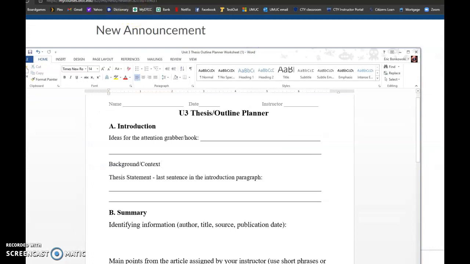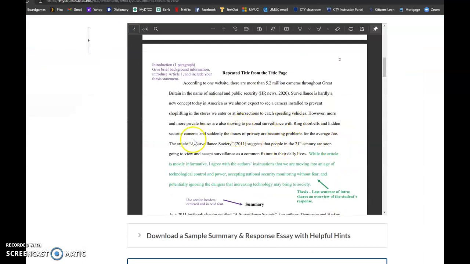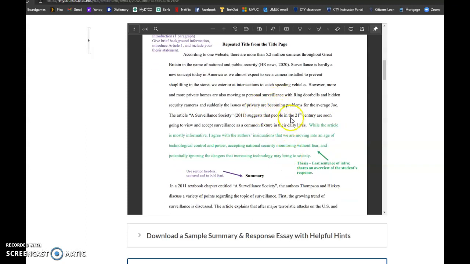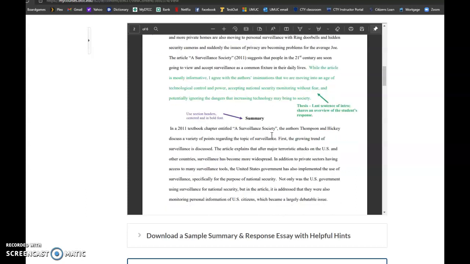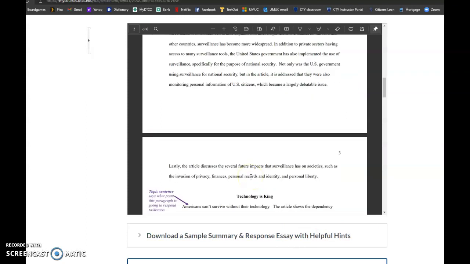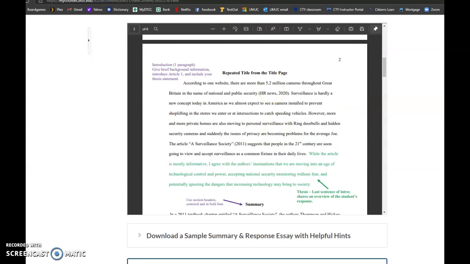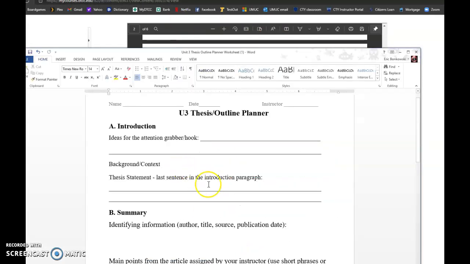So you can kind of see in that summary paper that here, the article, A Surveillance Society, suggests that people in the 21st century are soon going to view and accept surveillance as a common fixture in their daily lives. You can see that in this sentence right here, this basically is just a one sentence summary of the main idea. So that's a really good idea. And then you can get into all of the other details here in the summary. All of the other pertinent details you need to include to make it a complete summary can go in here in the summary section. So at the end of my background section, I'm going to say something like